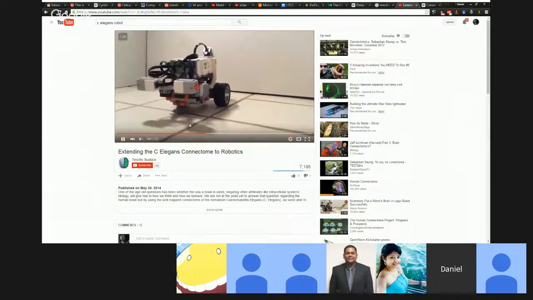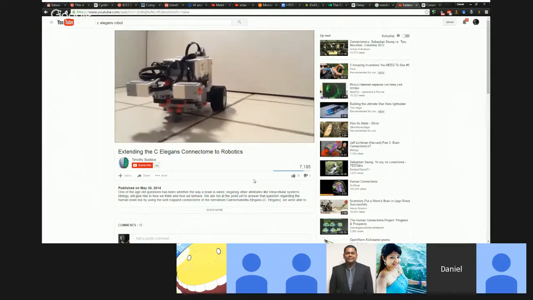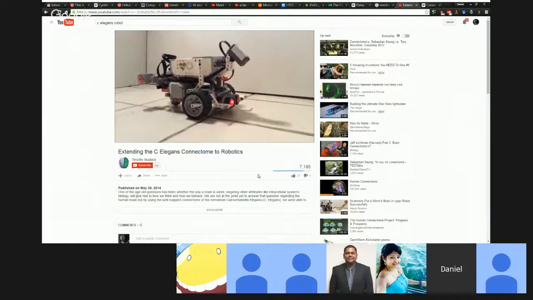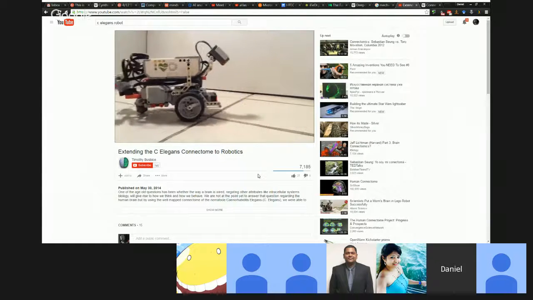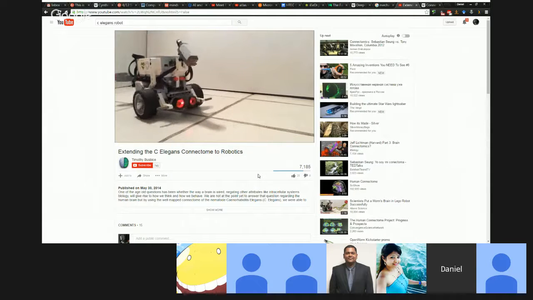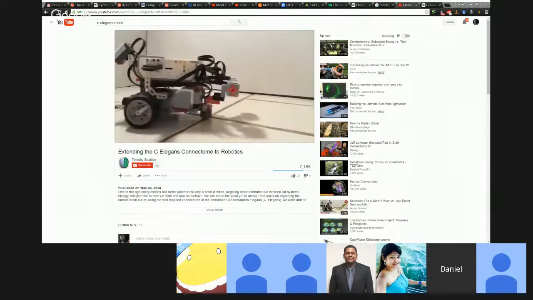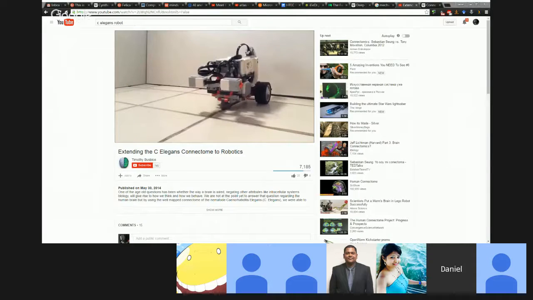This is exactly what C. elegans would do if it were getting the same kind of neural inputs as this robot's getting. Right, you can see this when you see C. elegans moving around, it sort of goes back and forth. If it bumps into something, it'll back up, and that's exactly what you see this robot doing. Right, so this is an artificial organism.